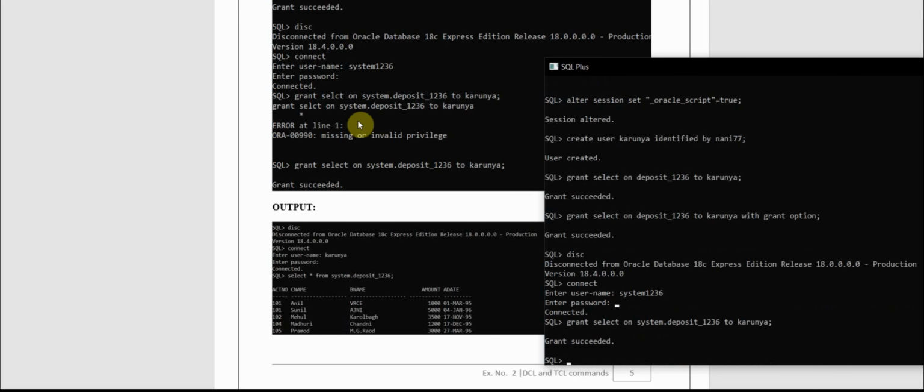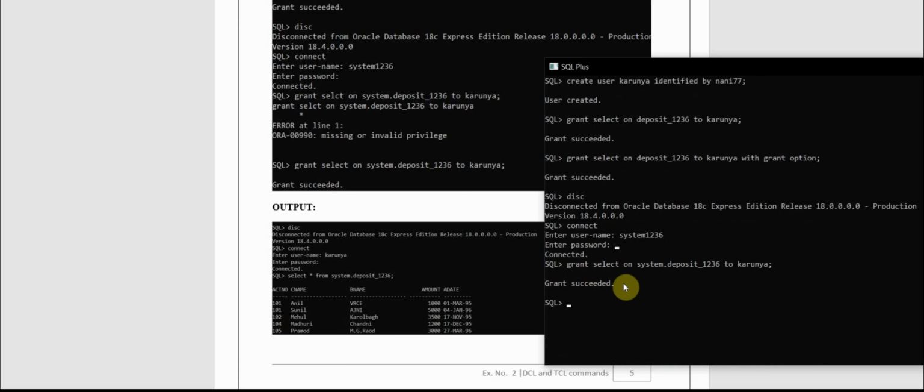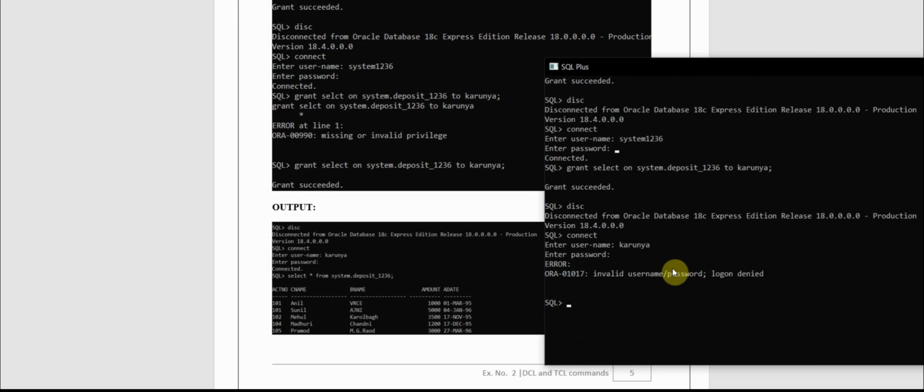Okay, grant successful. Now let me disconnect from here. Login as Karunya with Nani77. It says invalid user login.